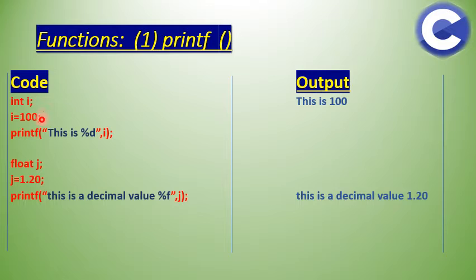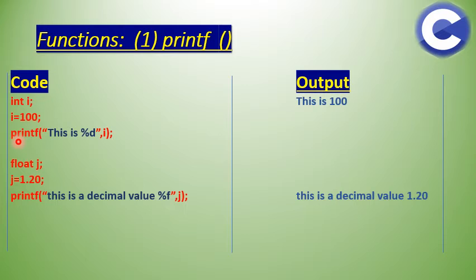Then this i variable of int data type will obviously be carrying data of integer type. So here I have assigned i as 100. 100 is an integer. So i equals 100 and then semicolon. Now the name of my variable is i and its value is 100.